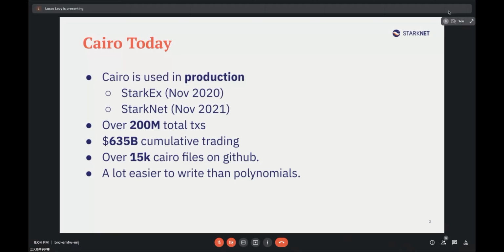It has processed around 200 million transactions and $600 billion of cumulative trading. There are around 15,000 Cairo files on GitHub, and it's way easier to write than polynomials.